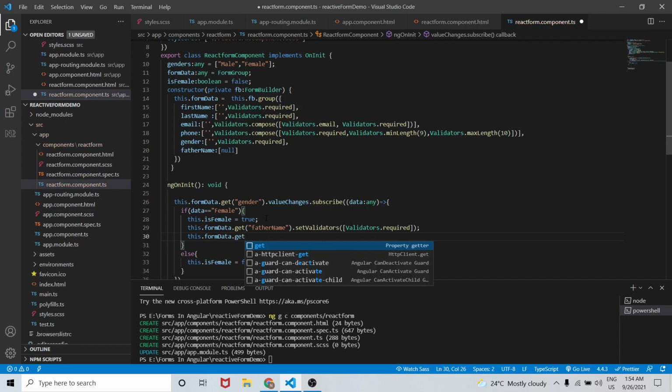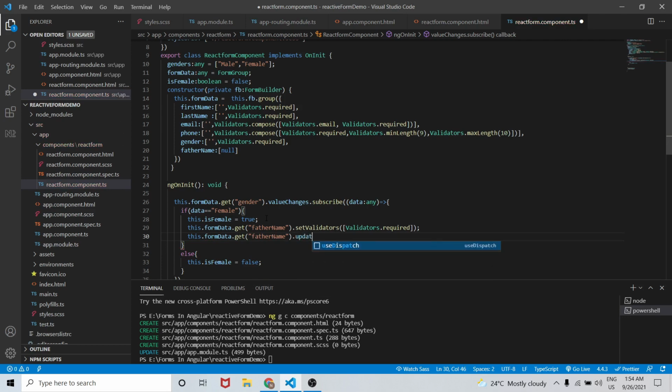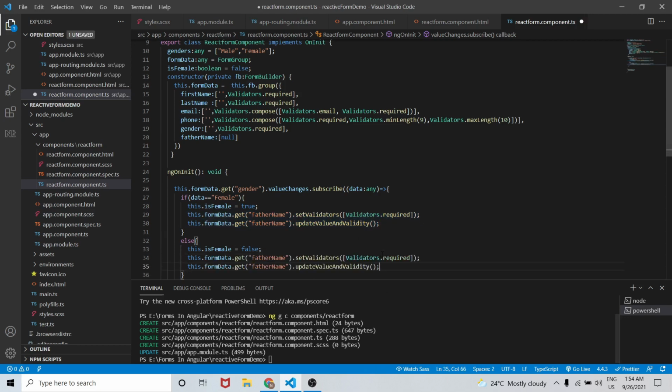So formData.get father name .updateValueAndValidity. I'll simply copy paste it here. And if the value is selected as male, we don't want anything, it should be null. We don't want any validation, and it should be updated.